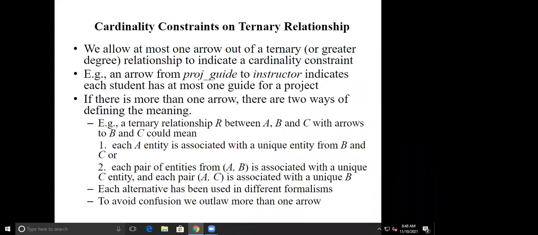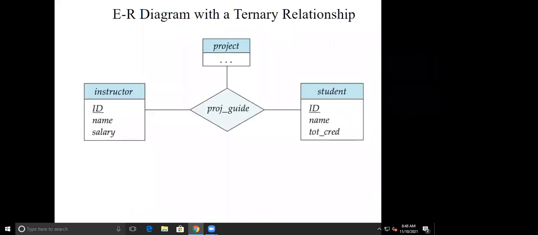Next, cardinality considered on the ternary relationship. So here this point says that, okay, before coming to the previous problem, so now this is our requirement. As per this requirement, I can say that there is no limit provided here. So here I know that an instructor can guide many students. It means that the relationship between instructor and student is one to many.